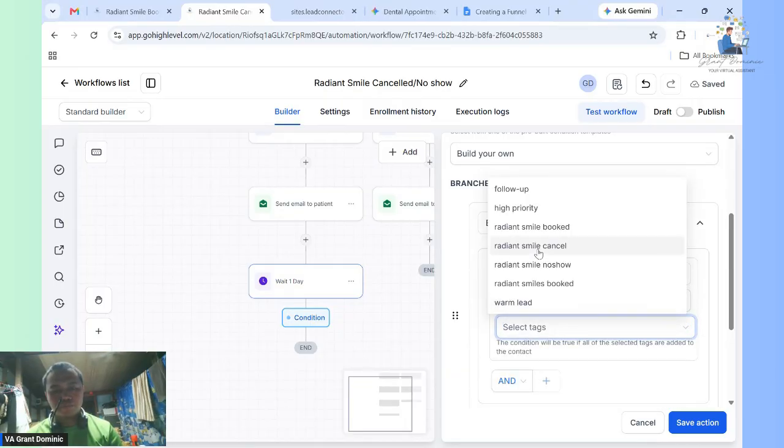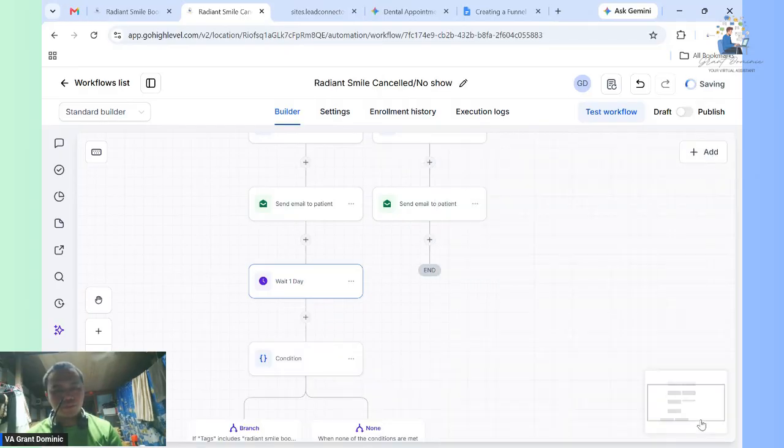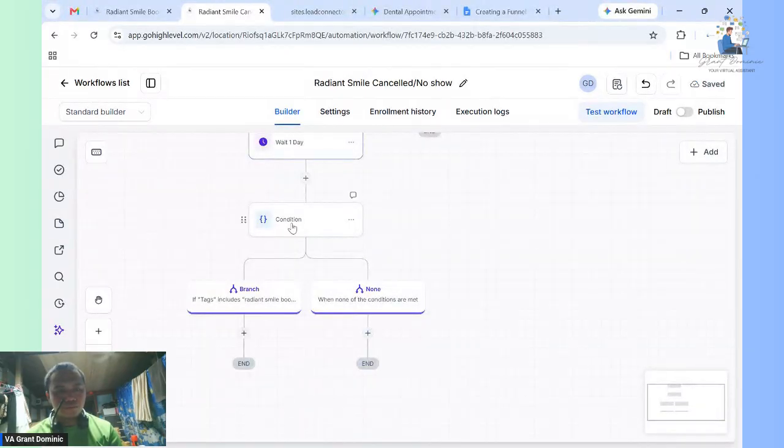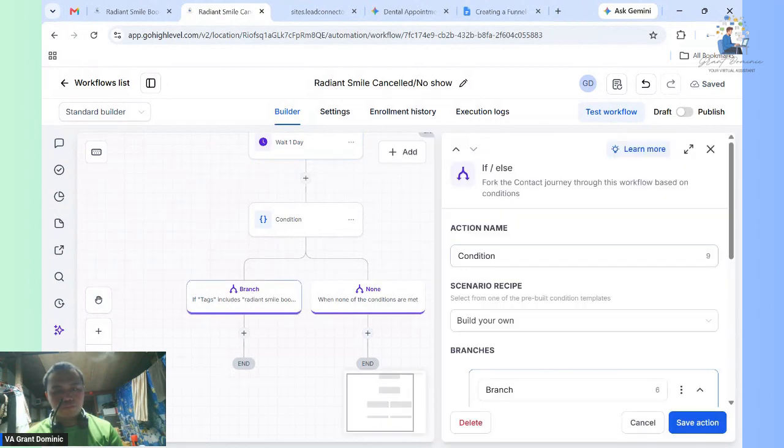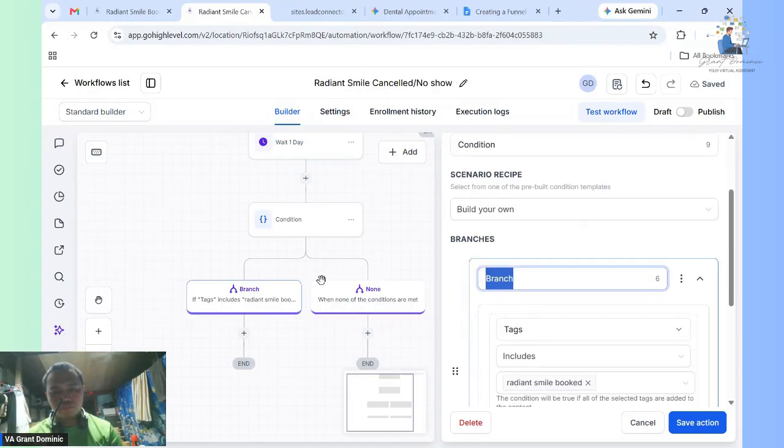Includes this man book. Save action. Book.